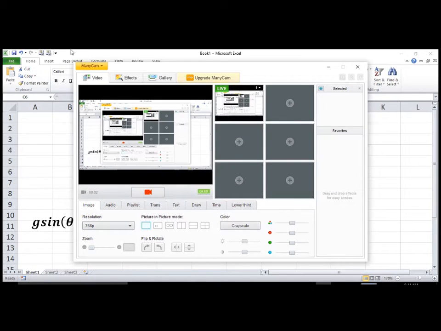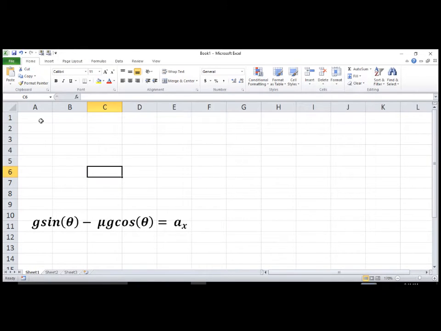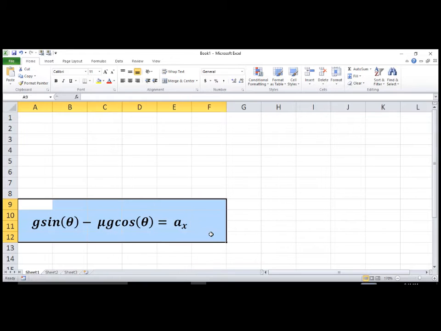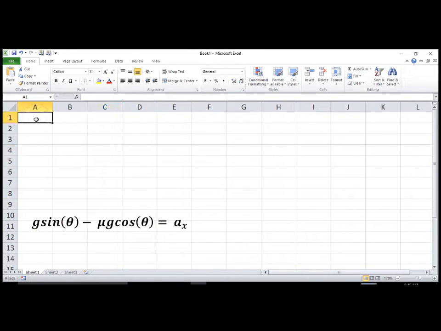Okay, here is the review video to make your Microsoft Excel sheet. I'm not going to go over how we get this equation right here, but I'll just keep that there as a reminder. You need to be able to either memorize that or mathematically get to that equation. So the variables that are important are G is our first one,